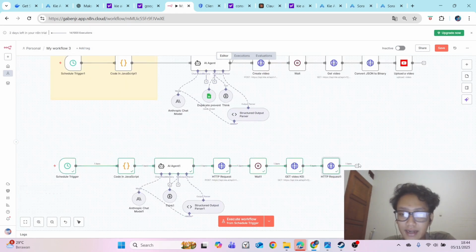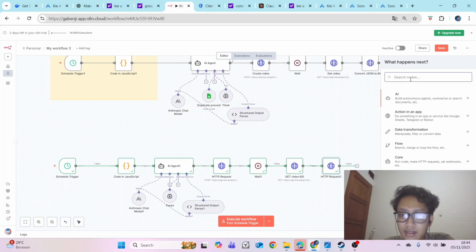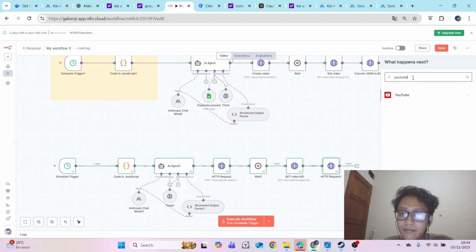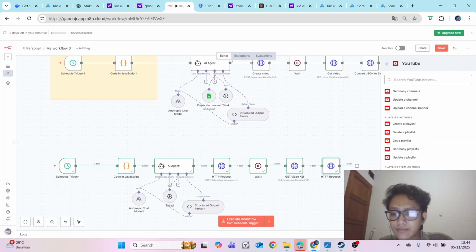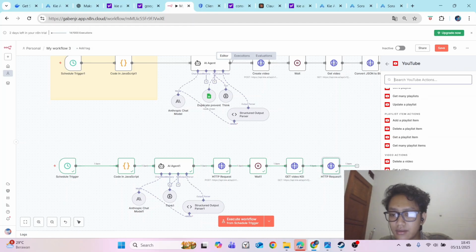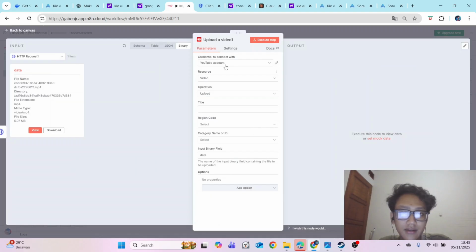directly. Okay, for example, we choose the next node here, the YouTube, and we can, wait, where's the upload? Here we can choose the upload video. So for the setup that you need to do to automatically upload directly into your YouTube channel, you have to connect your n8n into the YouTube OAuth or the cloud from the YouTube. Okay, so for example, I will create new here.